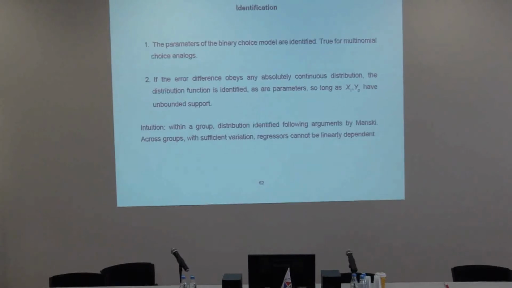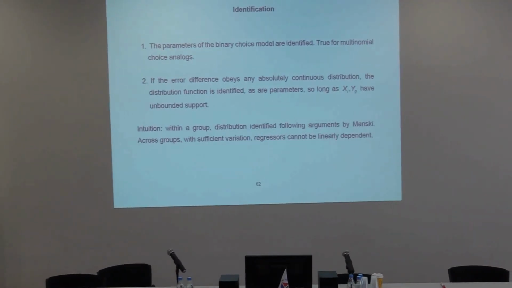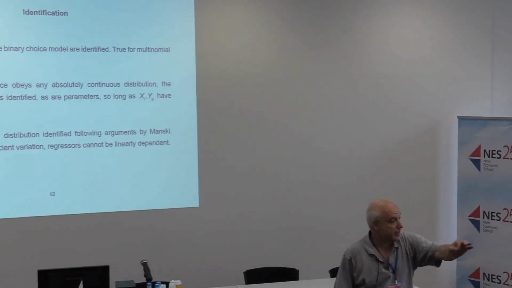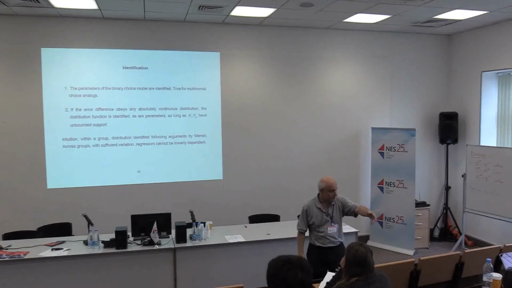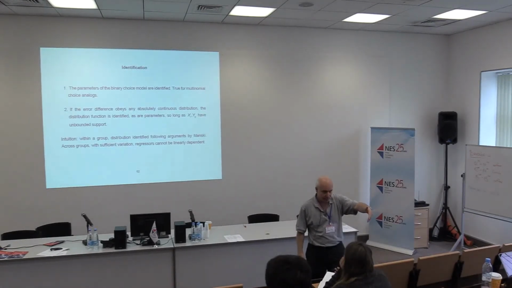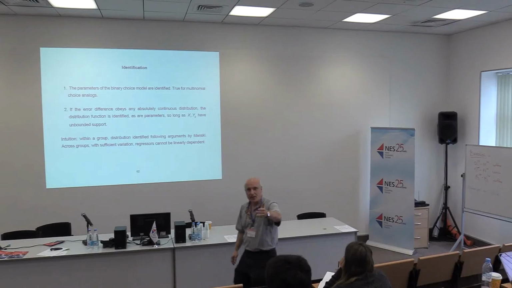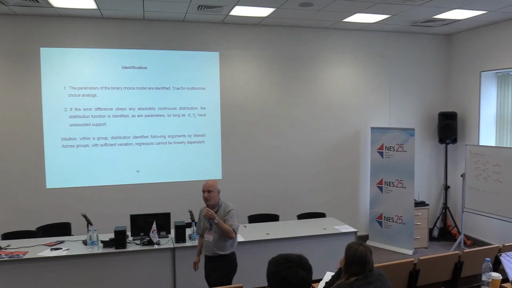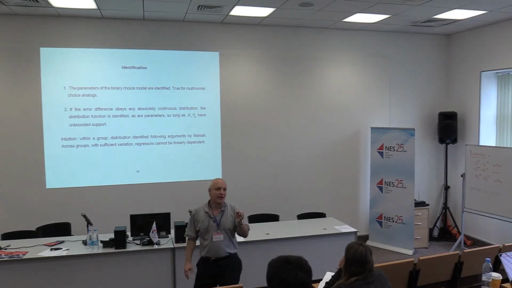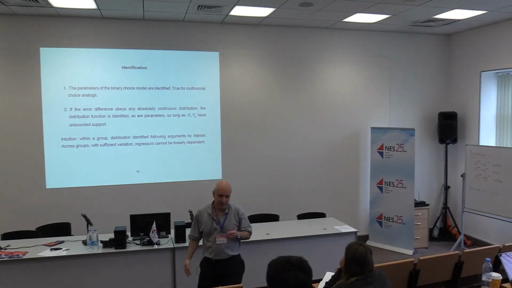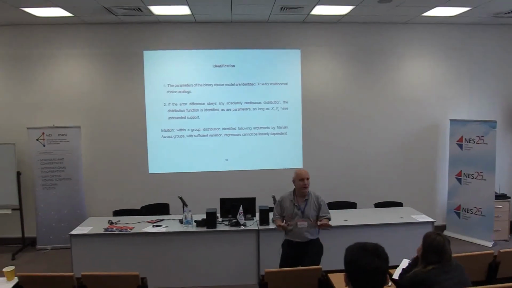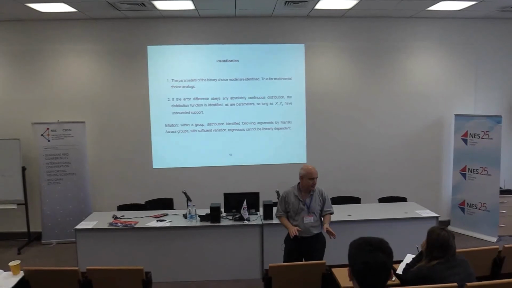So notice all I did was I said if you're going to do social interactions analysis with binary choices, what you do is you write down a payoff if you make choice 1, which is a payoff for the group. It depends on the group characteristics and the endogenous characteristics of choices. And there's a payoff for choice -1. By definition, you choose the one that has higher utility. And so what do you do as the modeler? I figure out what values of k, c, d, and j maximize the probabilities of the observed choices. And that's all you do in binary choice. Same thing is true for multinomial choice. Am I going too fast and making clear what the thought experiment is?